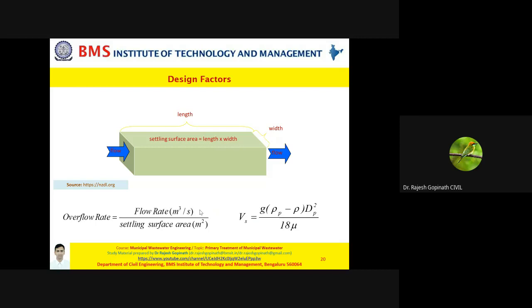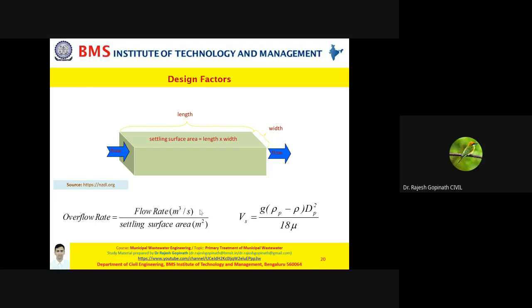If you're interested in determining the overflow rate, we need to have the discharge and the surface area. If you're trying to understand the detention period, you need to know the volume, that is the capacity of the tank, and the discharge. Eventually all these empirical relationships are used, or attached with mathematical operators such as multiplication or division.